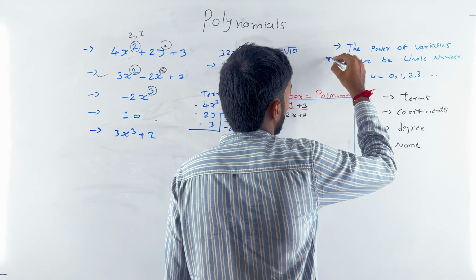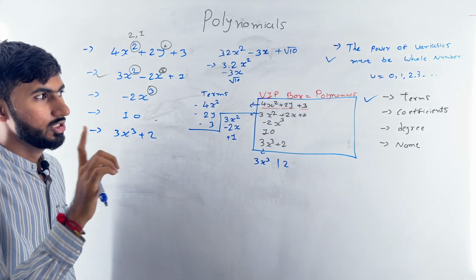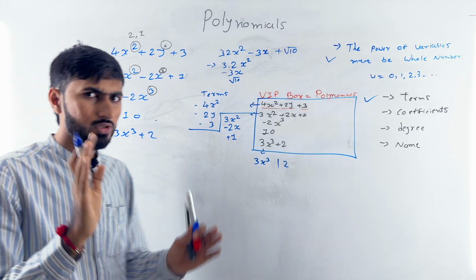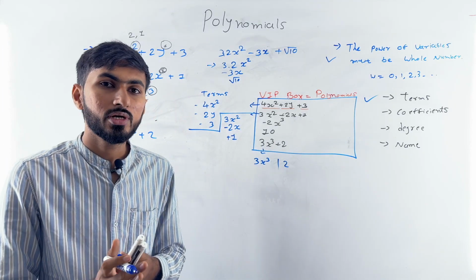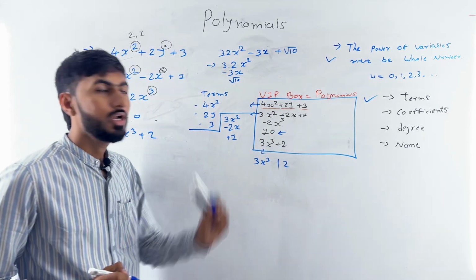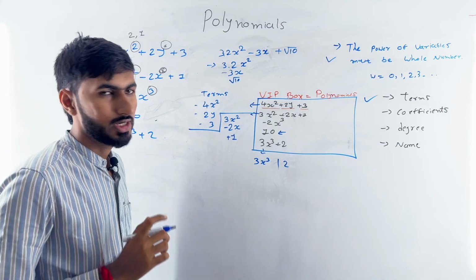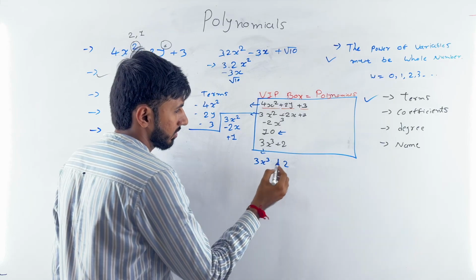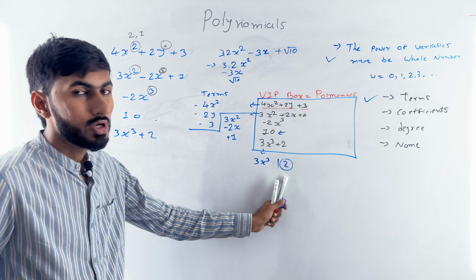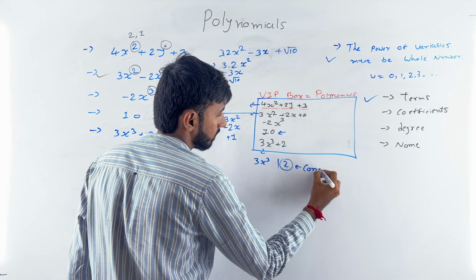So you all know what is a polynomial. Now you all know what are terms. In the terms, there is a special type of term, and we call it a constant term. You all know what is constant. Constant means the value of that will not change, right? Let us look at this. Here I have only 10. So 10 is constant. I cannot change the value of 10 for any case, right? So it is a constant term. In this polynomial 3x³ + 2, I have a term that is 2. I cannot change the value of 2 by doing anything. So this is a constant term,